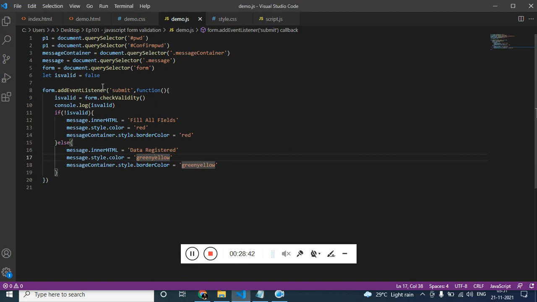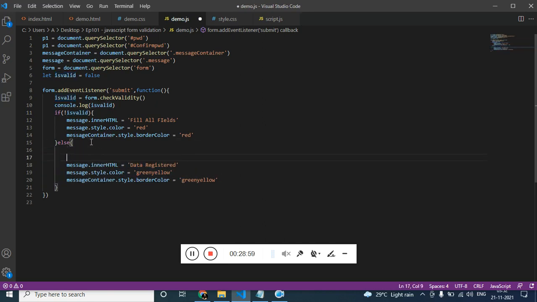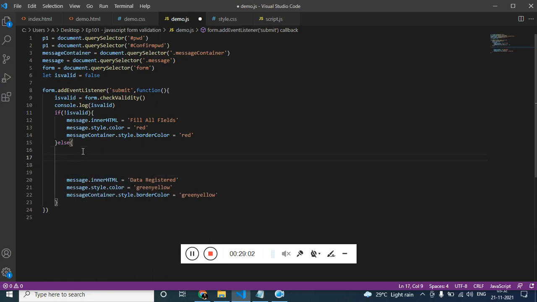Now to match, what we need to do is we need to get these two values. So where it needs to fill, so if it is filled, we need to write over here, if the password 1 and password 2 values are equal, p1 dot value is equal to p2 dot value.